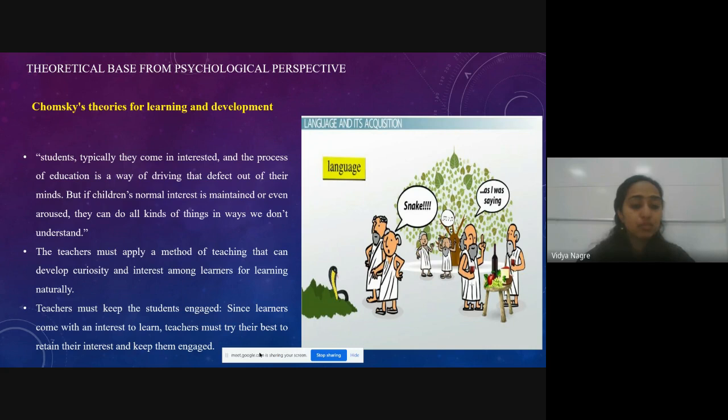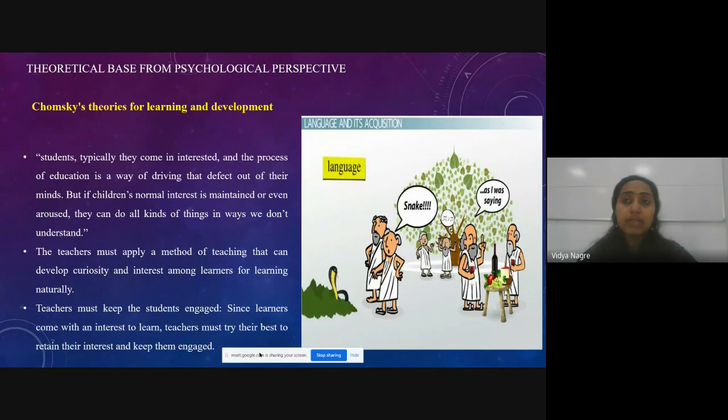Teacher must keep the students engaged. Since learners come with an interest to learn, teachers must try their best to retain their interest and keep them engaged. According to the language acquisition theory of Noam Chomsky,